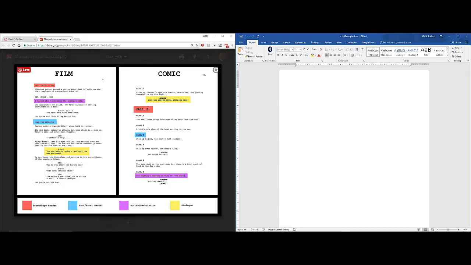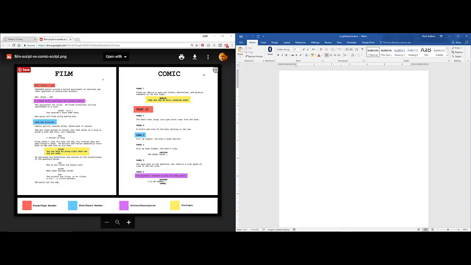The only thing I want to mention is that for the character names and the dialogue, I'm not going for exact industry recommendations. If you want exact industry recommendations, you can go online and look at how many tabs over it should be or whatever. I'm going to show you how to make it look similar to this, and if you wanted to get exact, you can go ahead and do that.